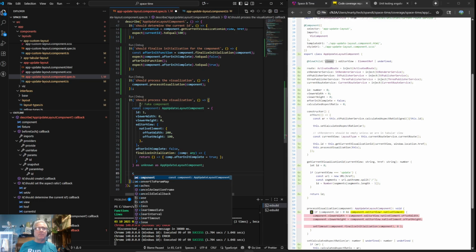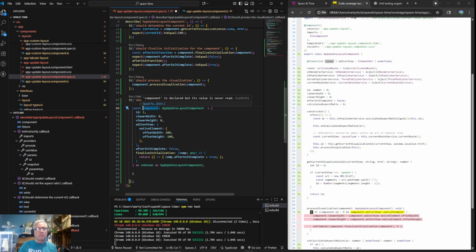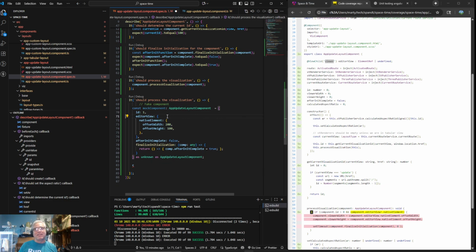I think I should name it mock component. This is very heady, weird, mind-blowing kind of stuff, because this component has a function called process visualization. I'm going to pass it a different component, and then it's going to update. Oh, okay, so I didn't need these because the actual real component has one of those. Okay, so